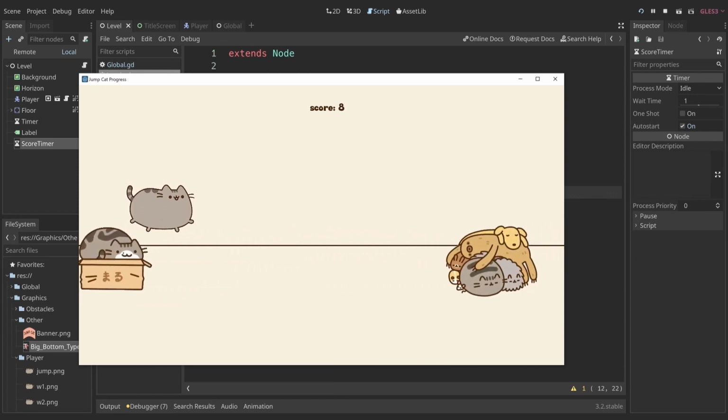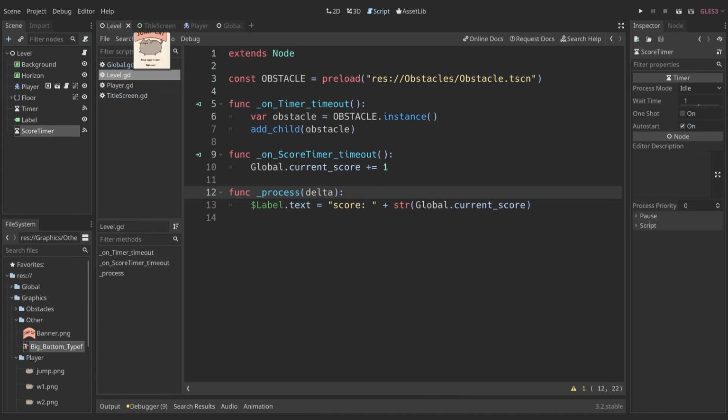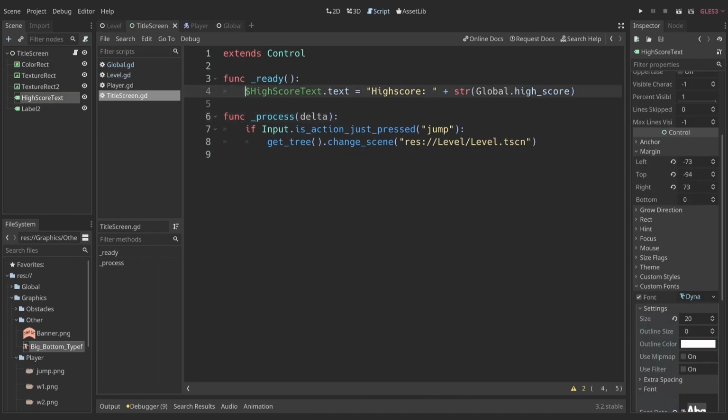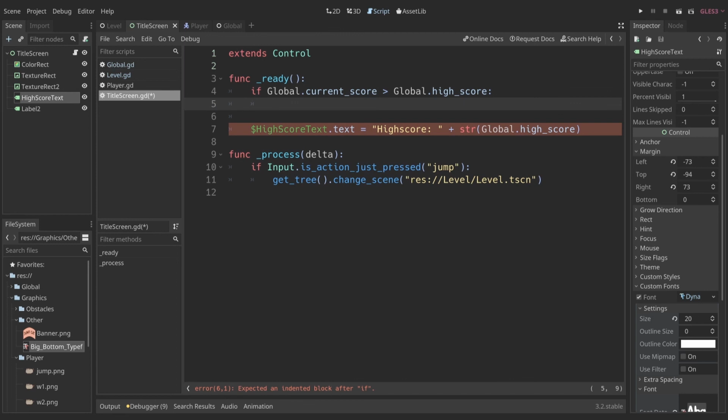The problem we have right now is that when we bump into an obstacle, the high score doesn't update. So let's work on this one now. And I'm going to do this in our title screen. And the only logic we really want here is that if global.current score is greater than global.high score. So if our score from the latest game is higher than the global high score, then global.high score